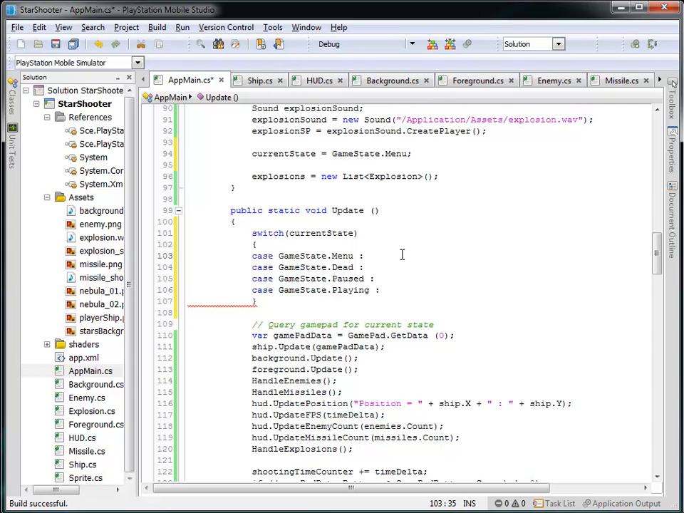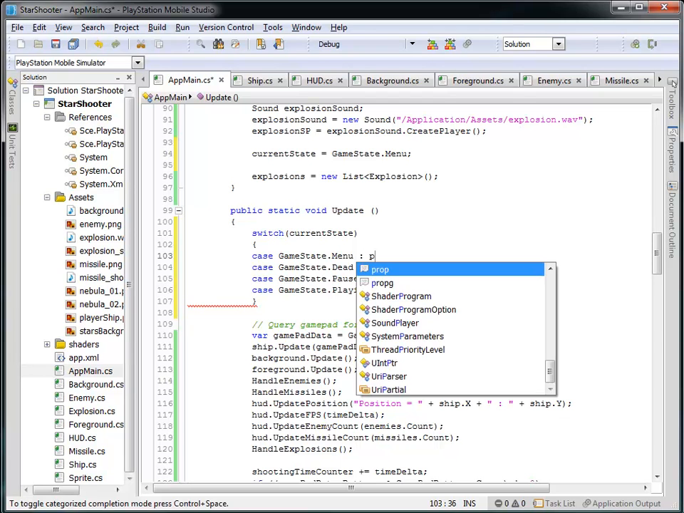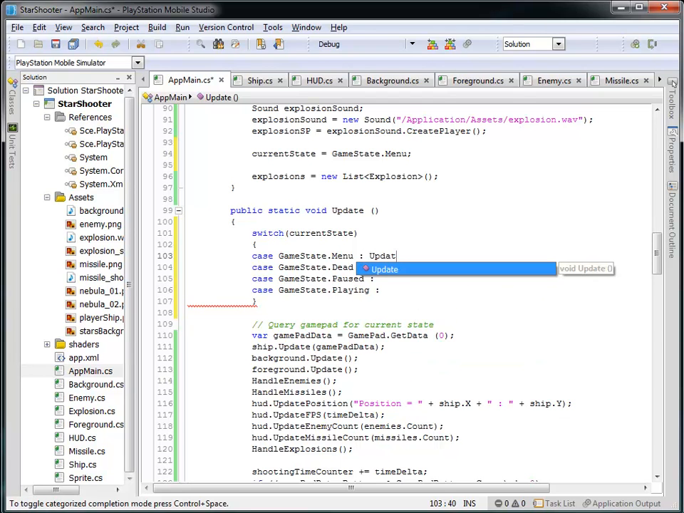So I'm going to break this out into separate functions and then perform the logic of processing the user's input and doing whatever update logic I want to have happen in these separate functions. So you could put whatever code you wanted to here. I'm just going to call a new function that I'll write, update menu, and I'm going to insert this keyword